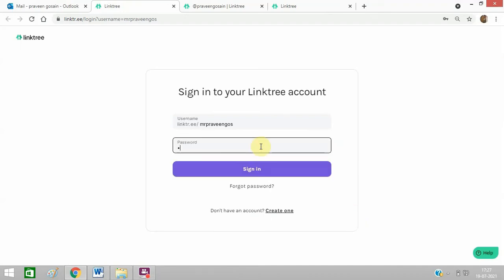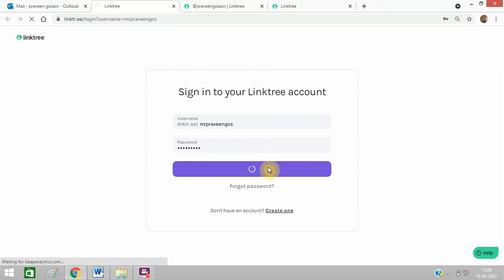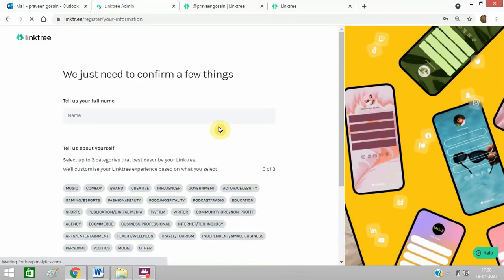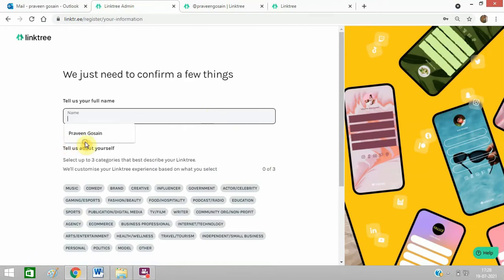Enter password. Need to fill in my information.